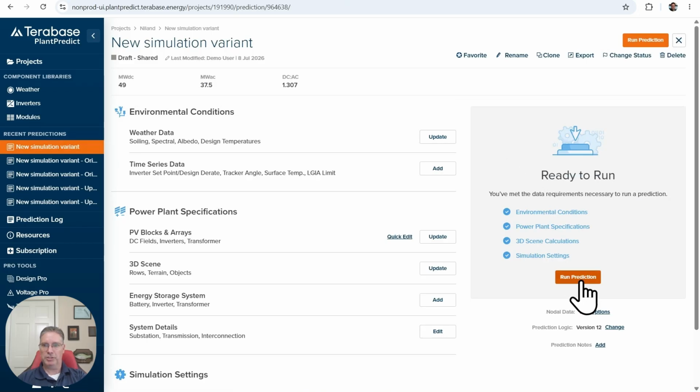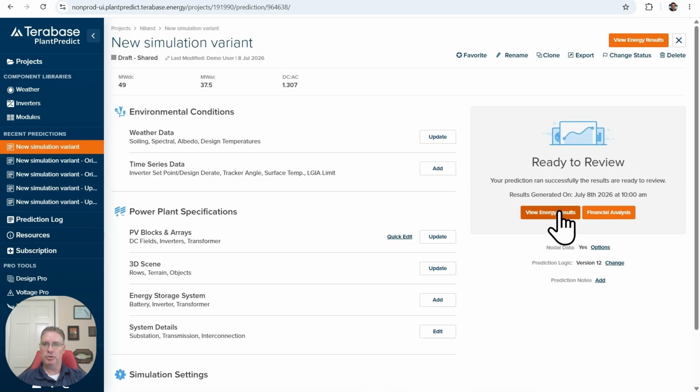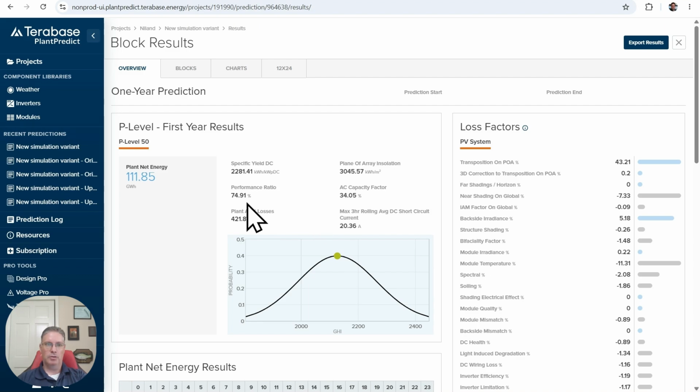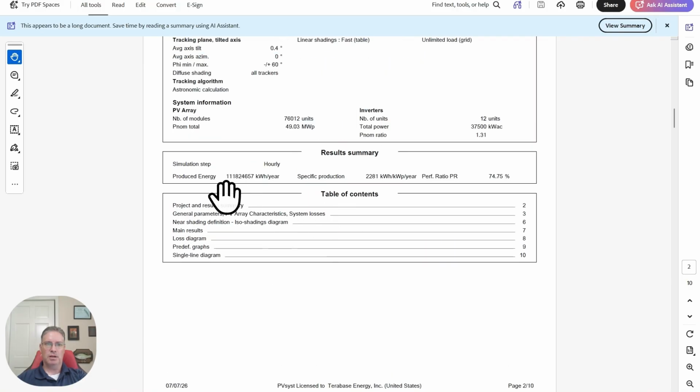Now I'm going to run the prediction. Prediction is complete, so now we're going to view our energy results. All right, notice the plant net energy is 111.85 gigawatt hours. So let's go back over to our PVsyst yield report, and you can see our energy production is lined up pretty well,